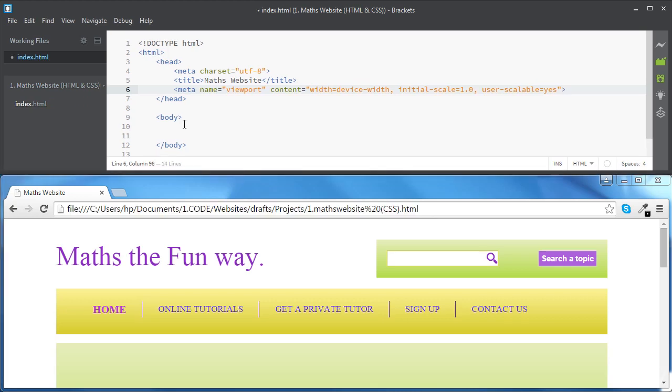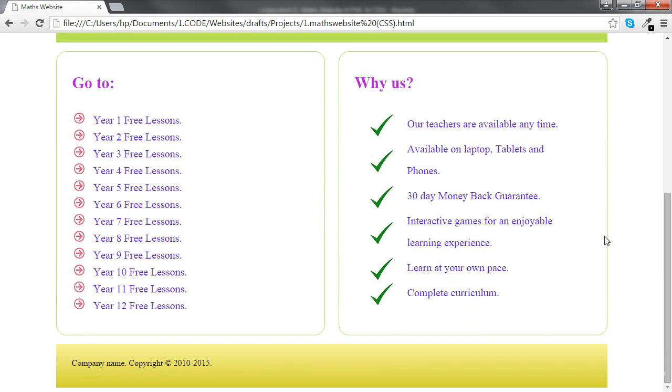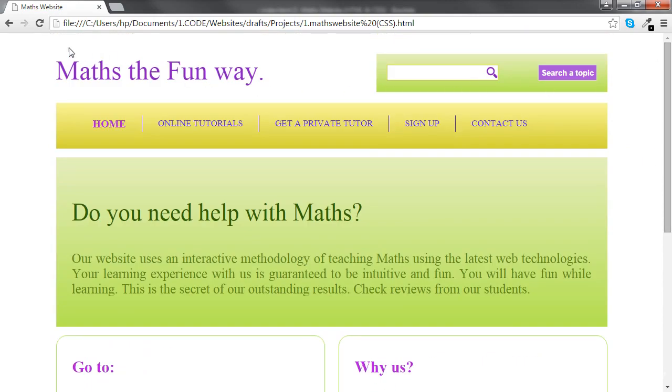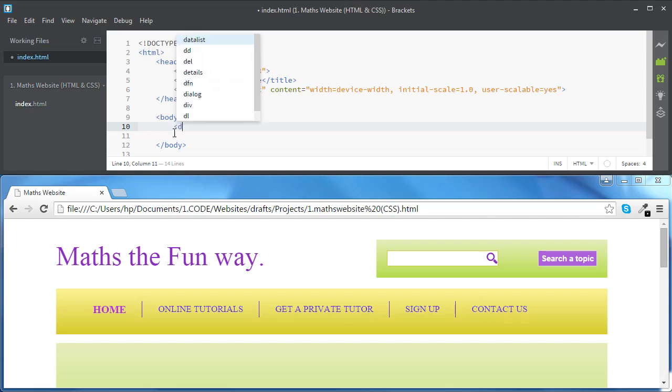Alright, now let's move to the body element of our page and place the HTML components in there. If we have a quick look at our page, we will notice that all the HTML components are placed inside some kind of container. This container is centered in the page, and it's got some left-hand side and right-hand side margins. So we're going to start by creating this container, and then we are going to move to the HTML components inside it. Our container is going to be a div,